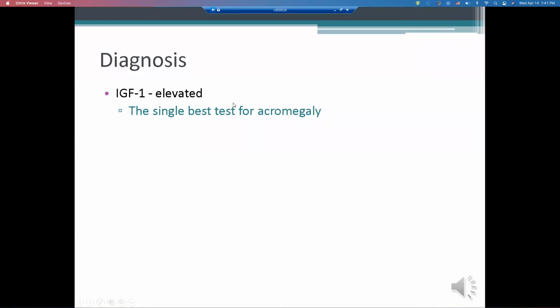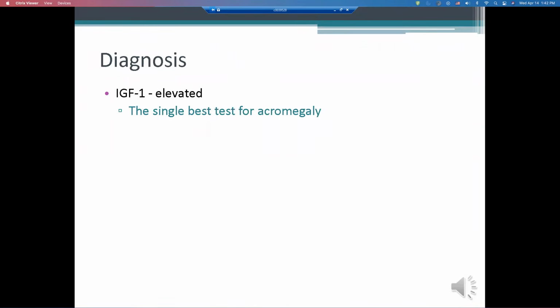So essentially, whenever you suspect acromegaly or you want to work up somebody for acromegaly, the best test is IGF-1, insulin-like growth factor 1. So it's the single best test for acromegaly. It makes the diagnosis without the need for anything else if the patient had acromegalic features. So IGF-1 plus acromegalic features makes the diagnosis of acromegaly, and there's no need to do anything else to reach